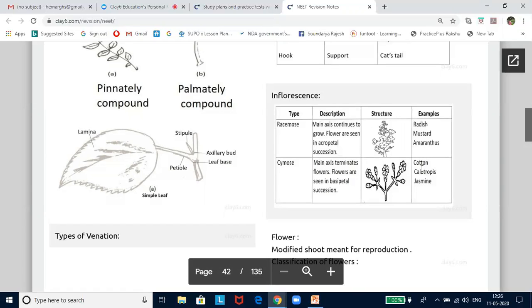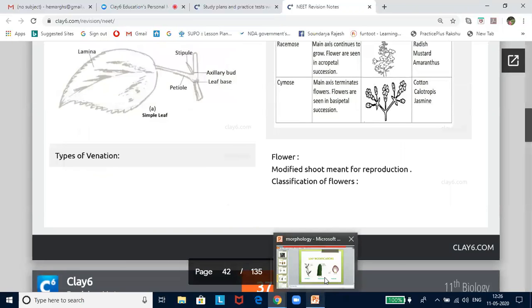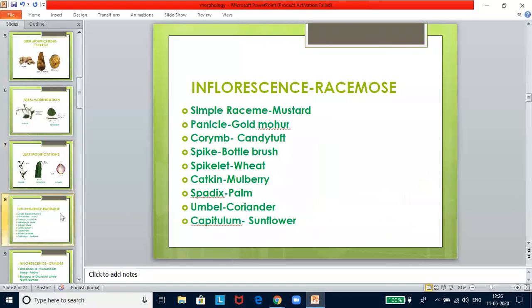This is seen in cotton, calotropis, and in jasmine. Now, this inflorescence, what we have looked at, they have given only these two. But since we have looked into the question papers and what kind of questions have been asked, I have put some slides. I will give you time. You don't have to get into the details about this, but please make a note of the type of inflorescence